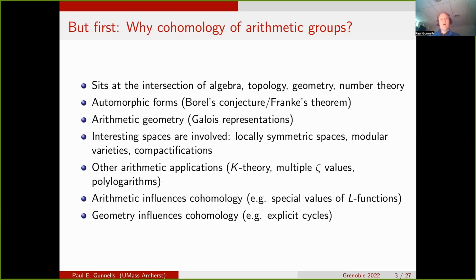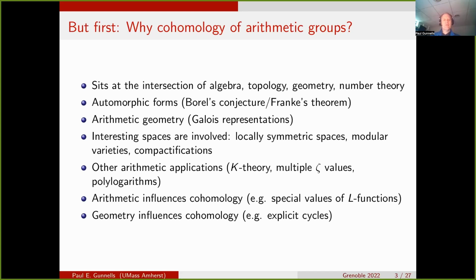The next thing is that, well, they are called arithmetic groups, so there should be some relation to arithmetic. And yes, arithmetic geometry also is very important in the subject. You know this from, if you've studied modular forms, you know that weight 2 modular forms with rational Hecke eigenvalues are very closely related to something in arithmetic geometry, to elliptic curves. And this in general is true, although it's not exactly said that way.